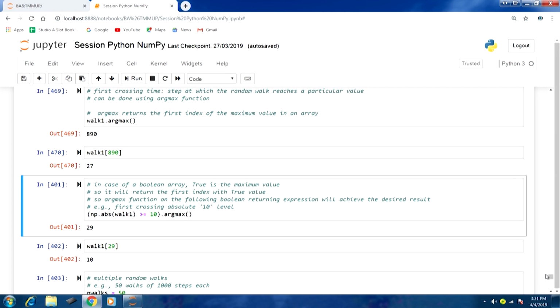Now, we are applying argmax on this particular Boolean array, dot argmax, as you can see in the code. Therefore, the first instance of the true value will be returned, and that would actually be the same as the first crossing time. So, if I run this,